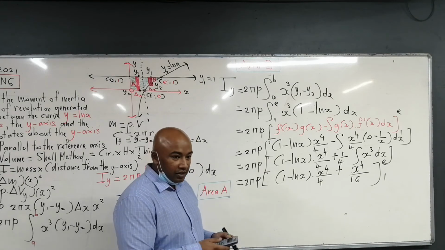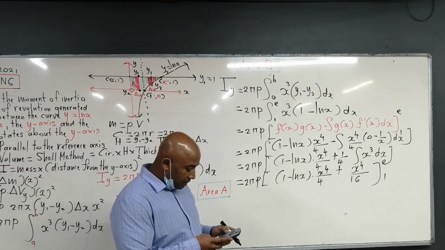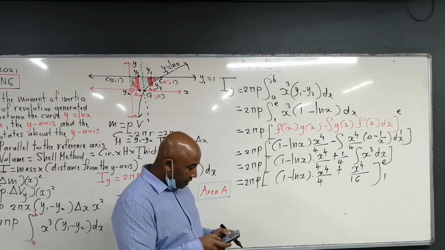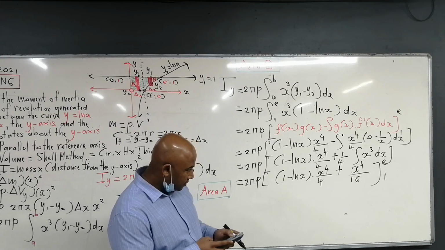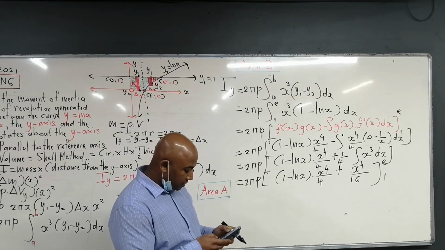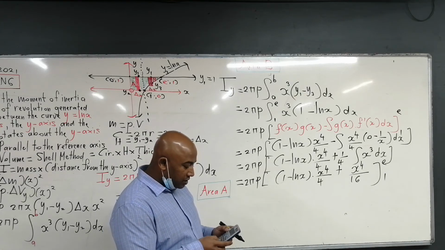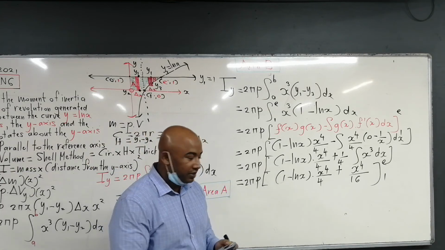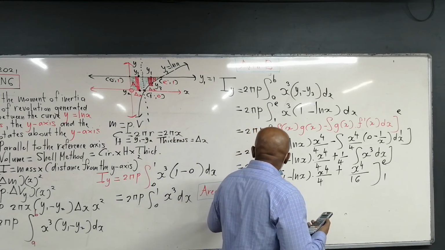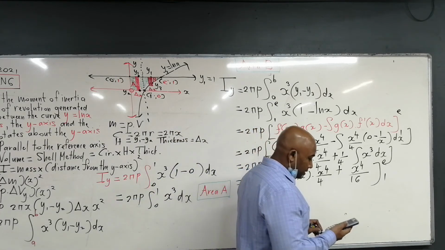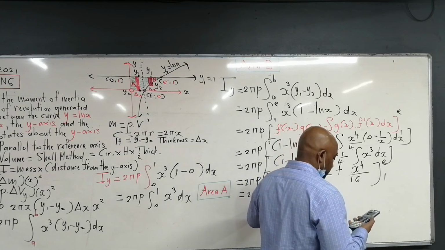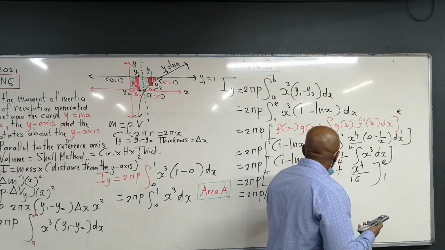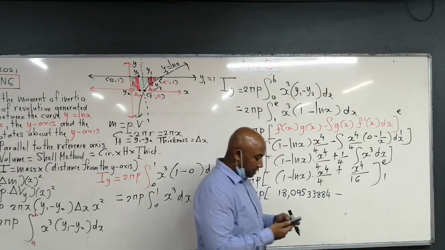Okay, just double check me on the calculator too while I'm doing this. So that'll be plus 1 over 16 x to the power 4, substituting e. When you're substituting e, you're going to press shift ln and then you press 1 because it's e to the power 1 on the calculator. Alright, so I get 18.9533884 minus